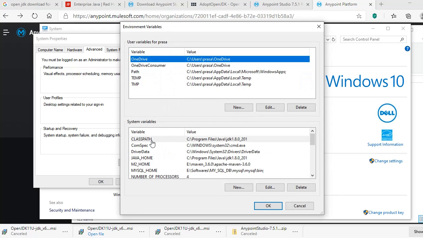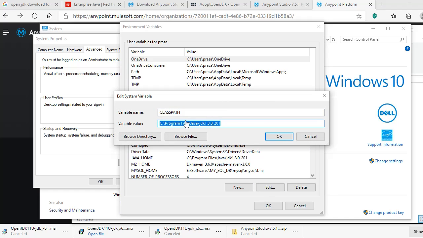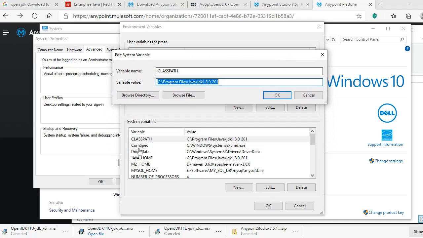Under system variables, we need to provide this classpath. Under this classpath, just click on edit. If you don't find this classpath variable here, you can create one by clicking on the new button here. In my system, the classpath variable is already available, so I just clicked on edit. If you have any other value from old versions of Java, you can just delete it.